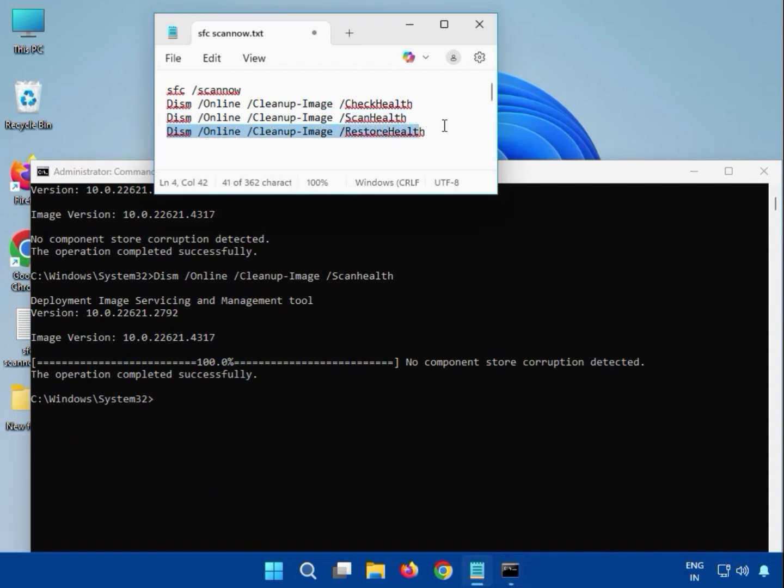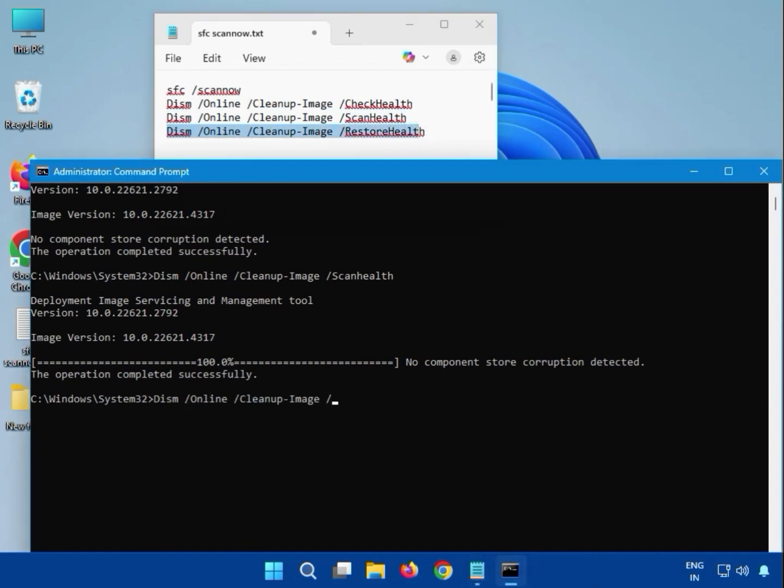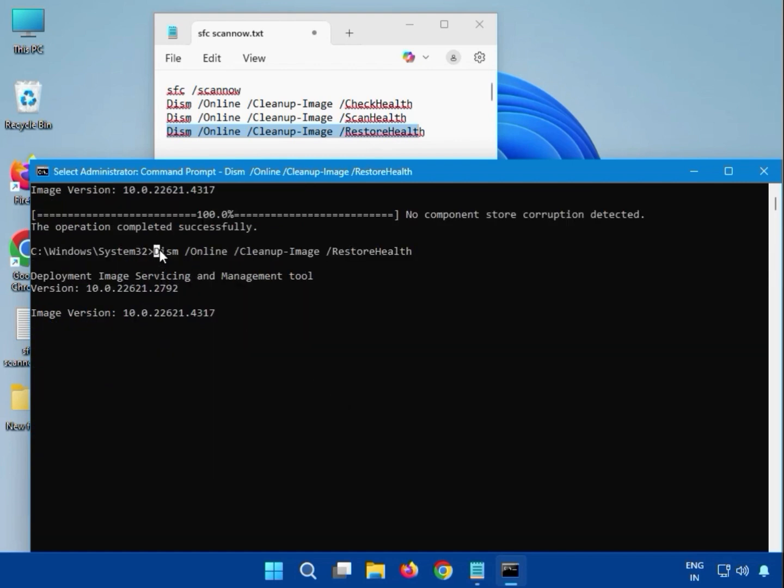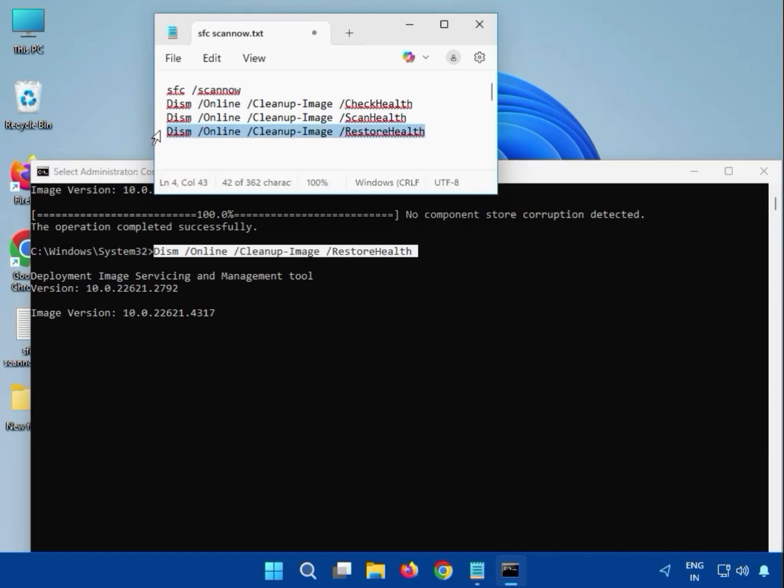Then guys, the fourth one, which is restore health, you can see here we can enter like DISM and all. And please note small and capital letters. Okay, restore health, and then hit enter. Again, guys, you have to wait. Okay, it starts the percentage. It will complete. After that, you can see here